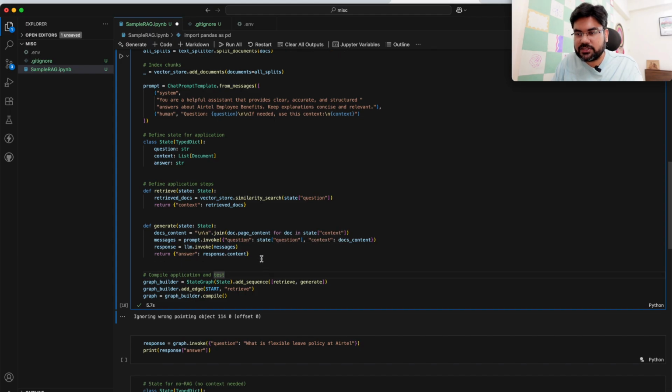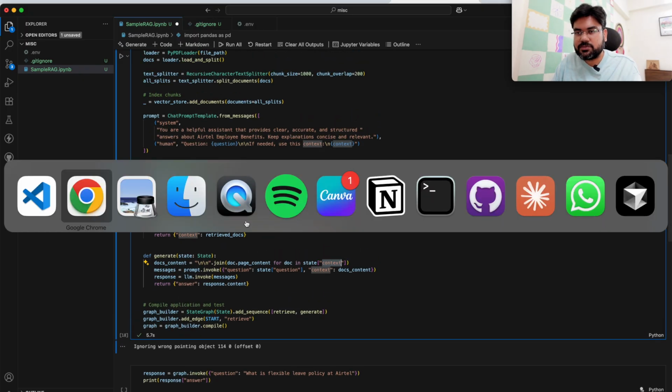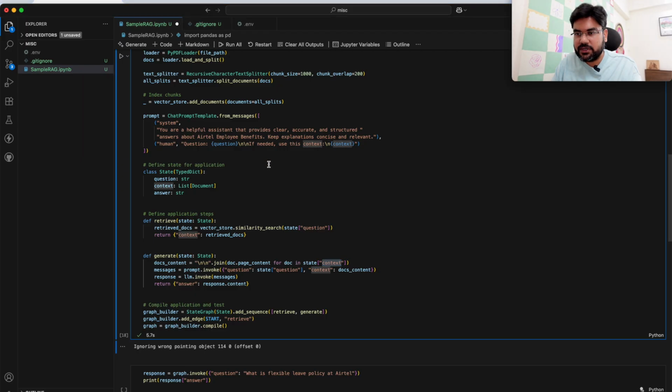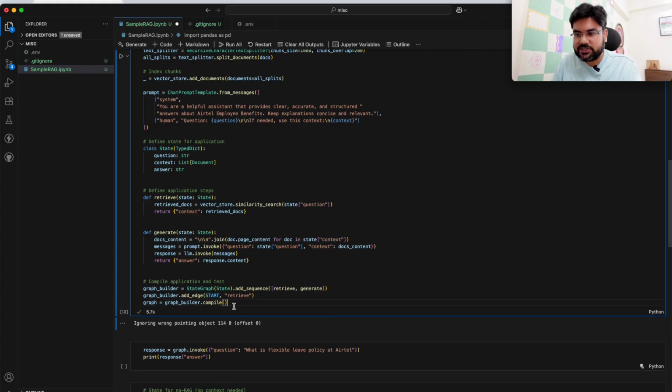So when I am generating this response, I am invoking the message which has the question, that is the question from the user, along with the context. Now this context has been retrieved from the retriever agent, which is again this part over here, wherein similar contexts are being retrieved from the vector database, right? So then basis that we are generating the response,